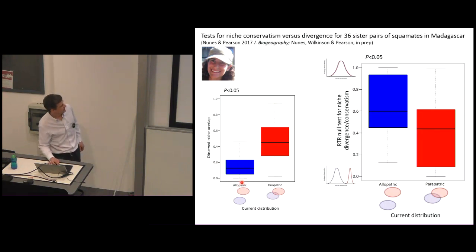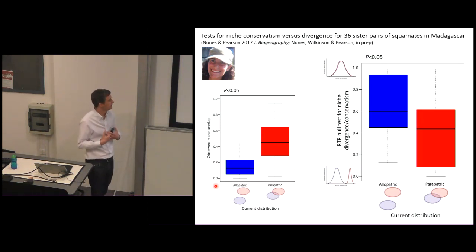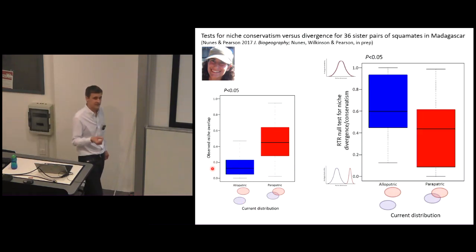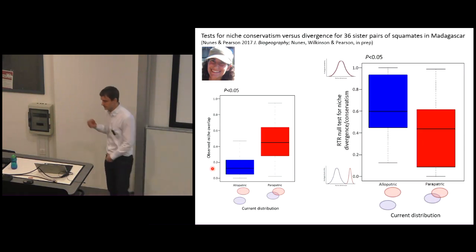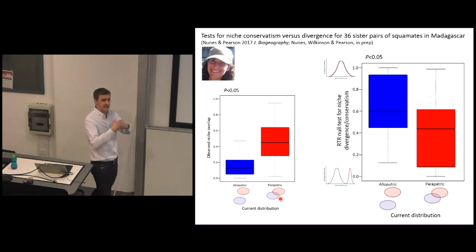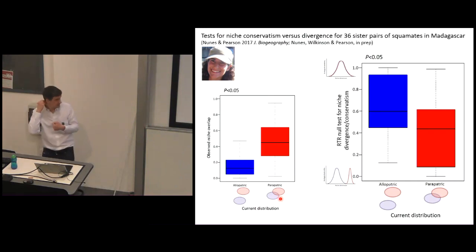So this is, I think, quite an interesting result. So this is a measure of niche overlap. This is just asking for two populations, how similar are the niches. We look at sister pairs here. We can say that their current distributions are either allopatric or they are parapatric. So what you expect to see is that for allopatric pairs, because they're more distant, we would expect to see that the niches are less similar. There's less overlap in the ecological niches, which is exactly what we see. Parapatric species distributions, because they're much closer together, we would expect to see more overlap in the ecological niches. So that's what you'd expect.